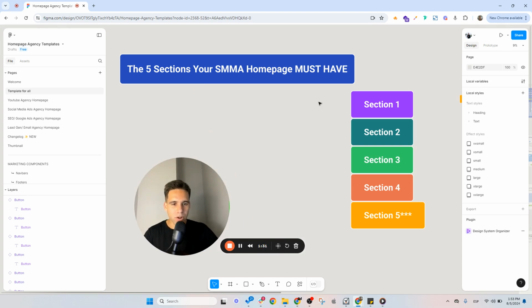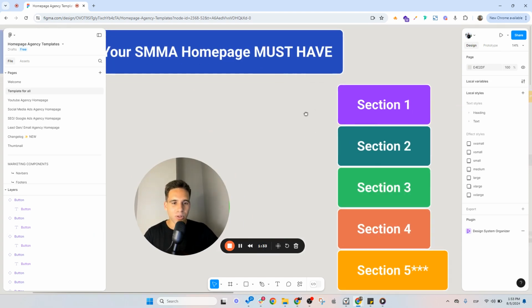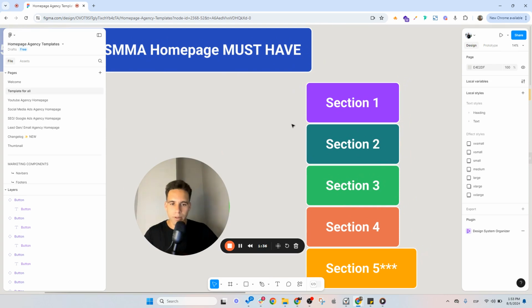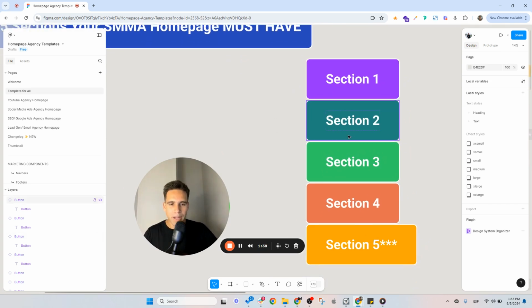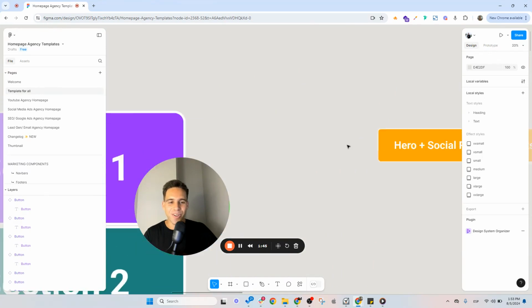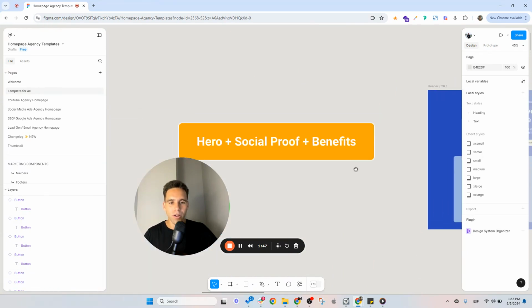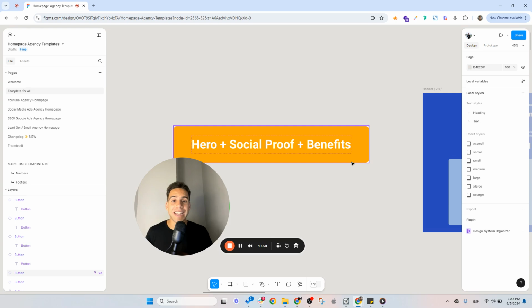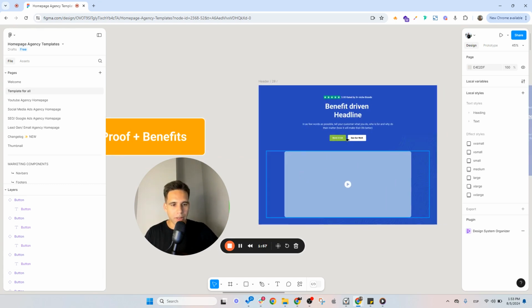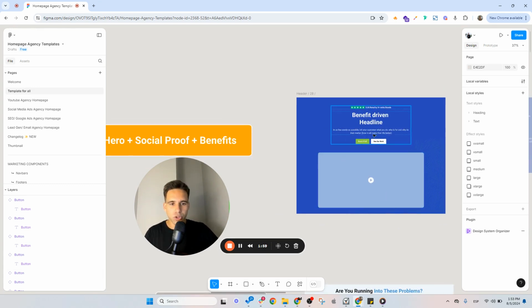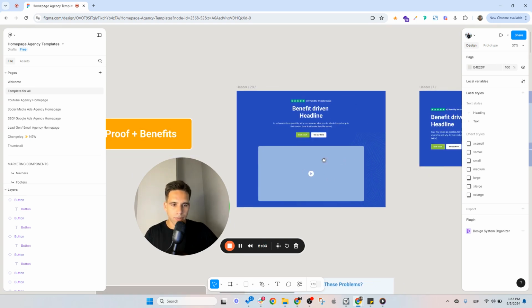So we're gonna go through all of the sections, and as I told you, the very first section is the most important one. That is the hero section, of course. But I have seen so many people that don't have the 4 and 5, and well, 2 and 3 also. So we're gonna go through all of them, and the very first section is the hero section. And what do I really like to do in this section? In this section, I want to add the headline, subheadline, social proof, and the VSL, and also the benefits, if I can, for example, in this layout.